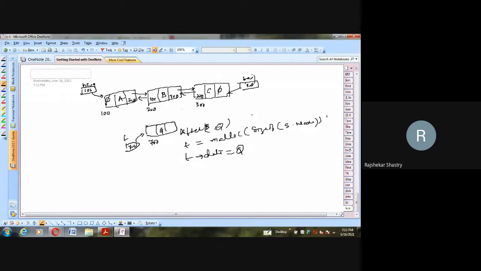Now this is to be inserted after B. Tell me, anybody, what are the links which we have to establish?